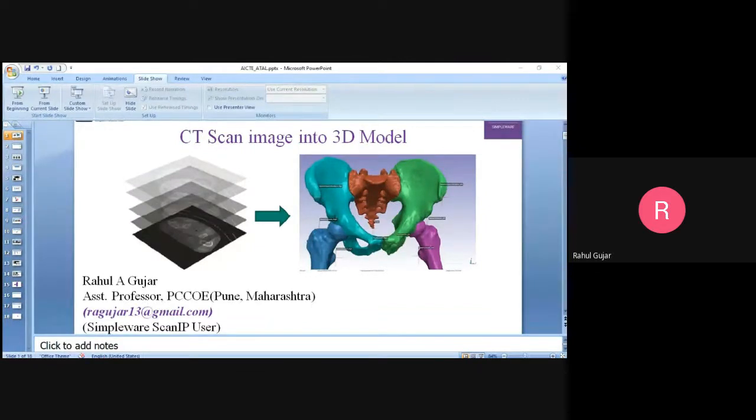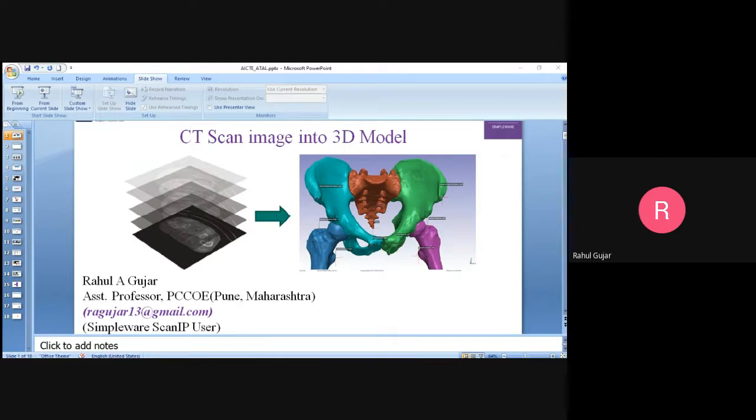and the different areas you can touch upon in the coming few years, so that this research is definitely recognized on national as well as international platforms. And as I told you, finally we will solve one case study directly on the software platform, converting CT scan images into a 3D model.